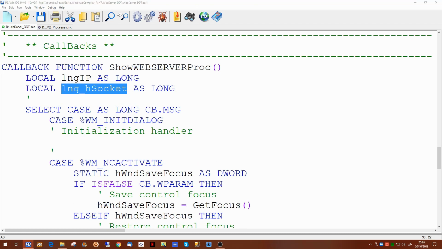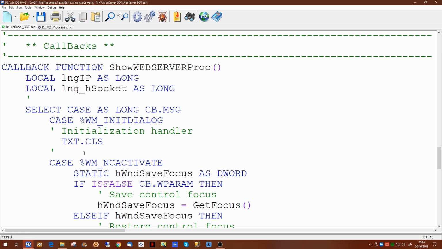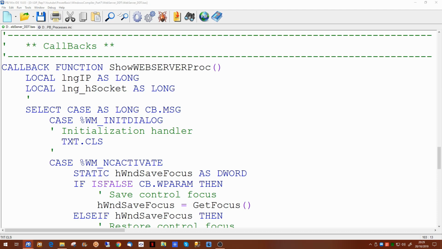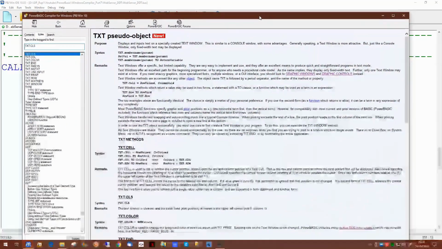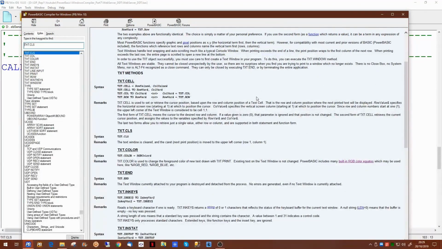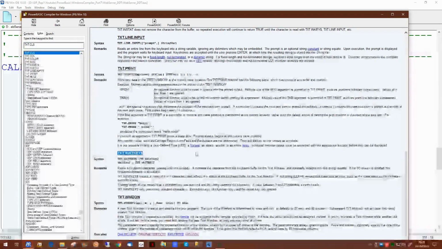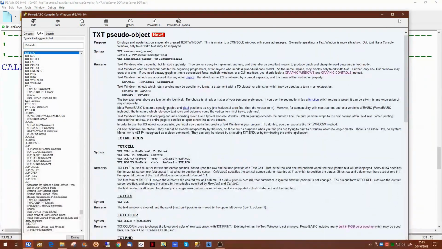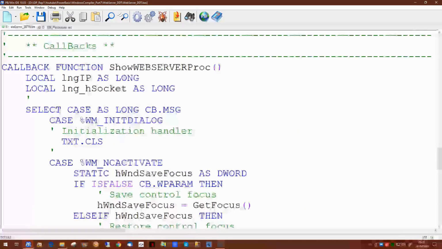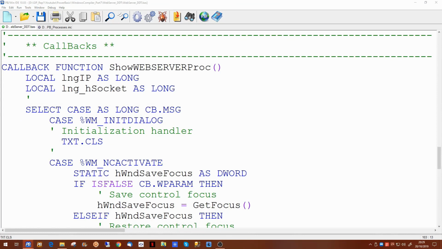Now, first thing we can do is use the text commands to clear out anything that's in the text window already. You'll find if you look in the help that the text object does have quite a few things you can actually do with it. Obviously it's not as good as a dialog window, but for just putting information out to the screen, even in colour, and you can actually wait for information on the keyboard if it's needed. For basic things it's enough. It'll do quite nicely. So what we're going to do here, we're going to print some information out to the text window